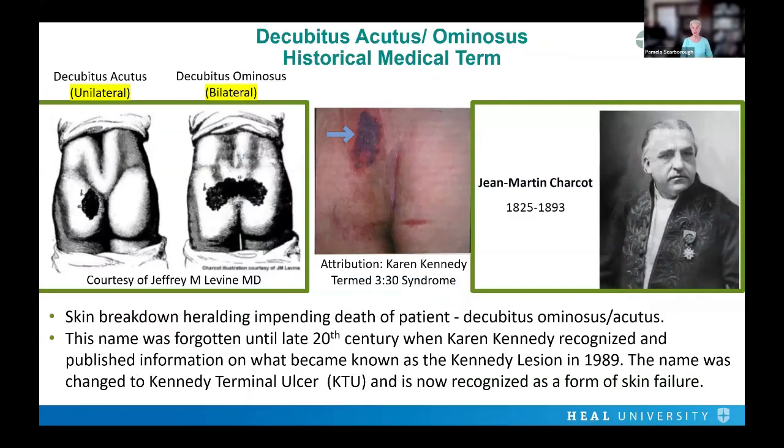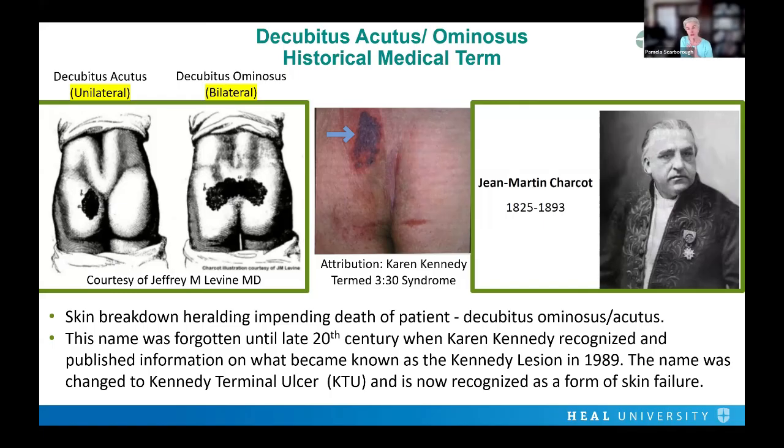This article was also provided for you because it's an important article. I wanted you to look at this with me. Dr. Charcot was a famous French physician, 1825 to 1893. In the mid 1800s, probably the 1860s or 70s, he published a book with two pictures that Dr. Jeff Levine picked up in a bookstore in New York and brought to us. We thought the Kennedy terminal ulcer in 1989 was a new thing, and Karen Lou Kennedy was brilliant to figure this out. However,